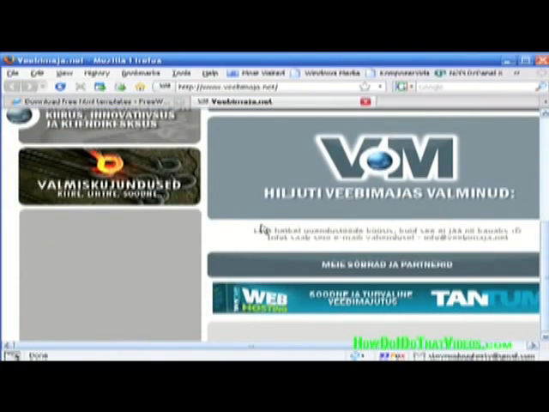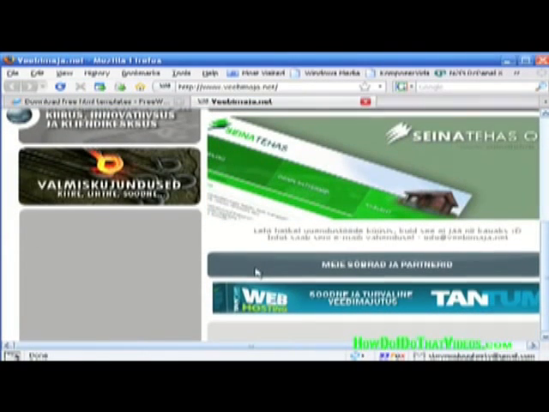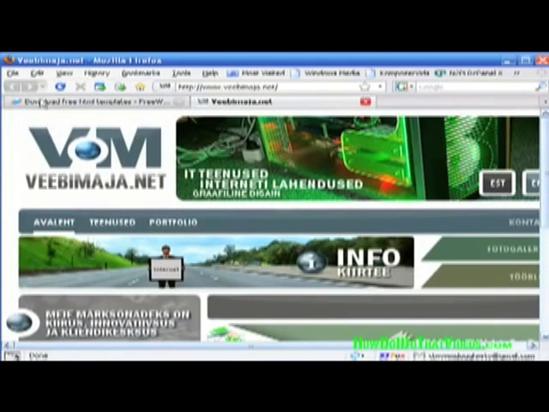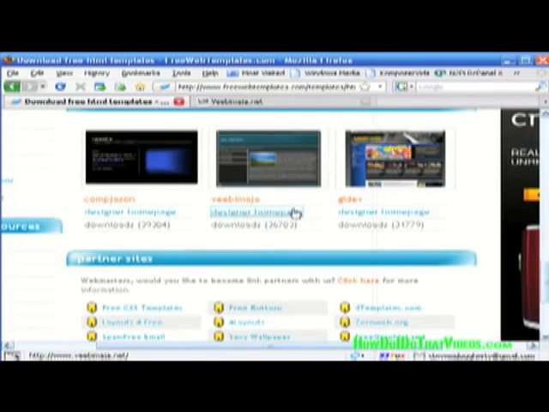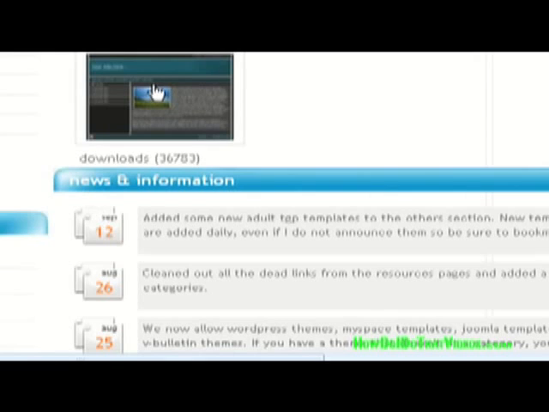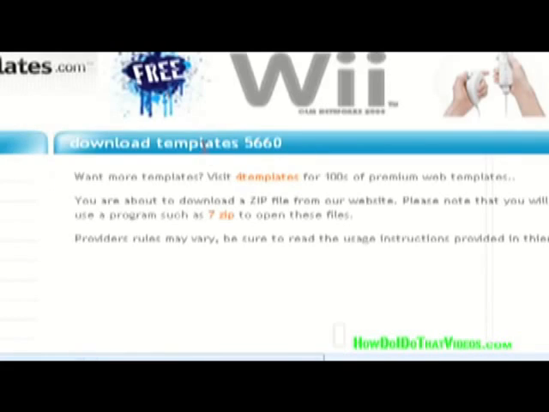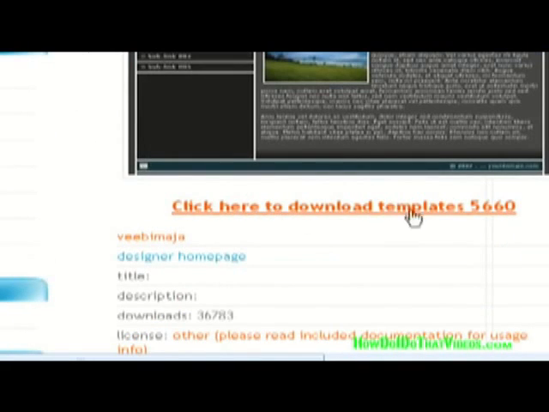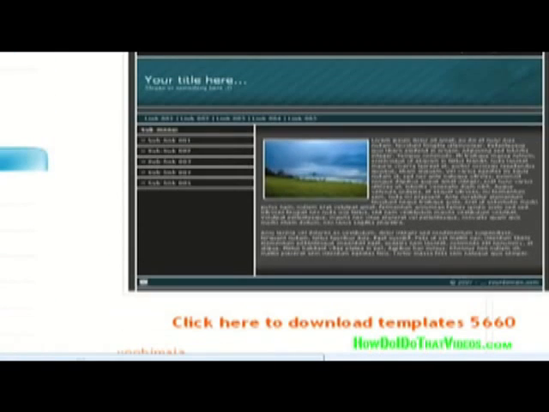Now what do we have here? Okay, not sure exactly what all this stuff is. Designer homepage. Oh, okay. Duh. Sorry. What we might want to do is download it instead. So let's see what we got when we click on that guy. Okay, let's just click on the actual image. Click here to download. Okay, I figured we'd eventually get to it, but you can get a bit better picture